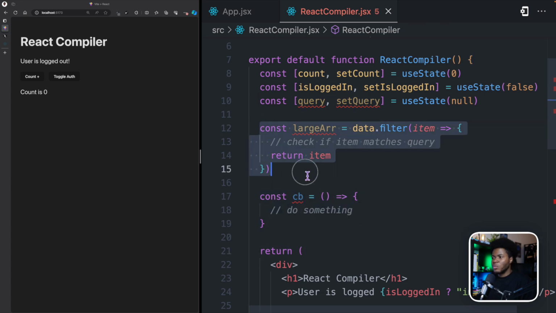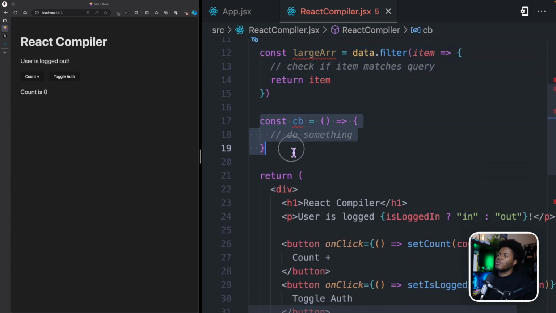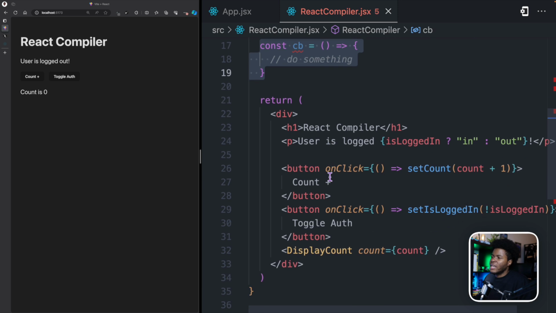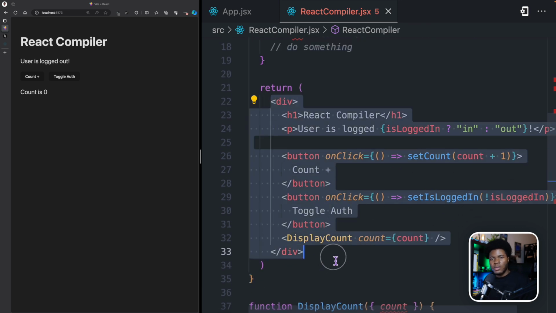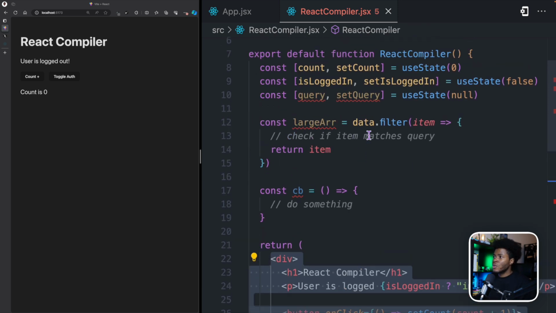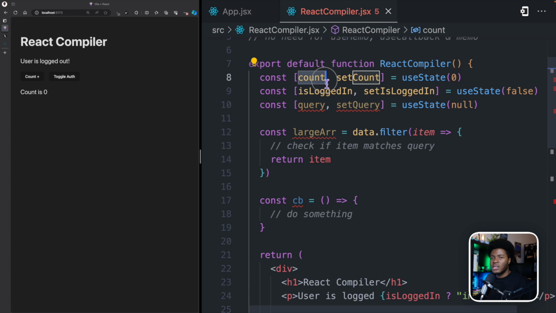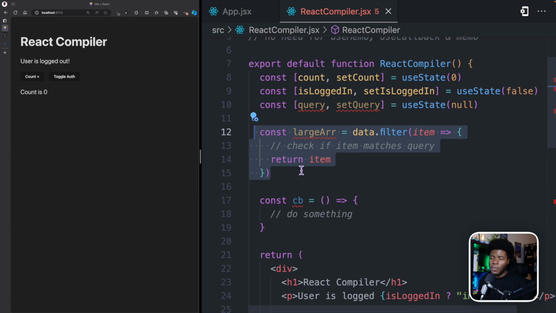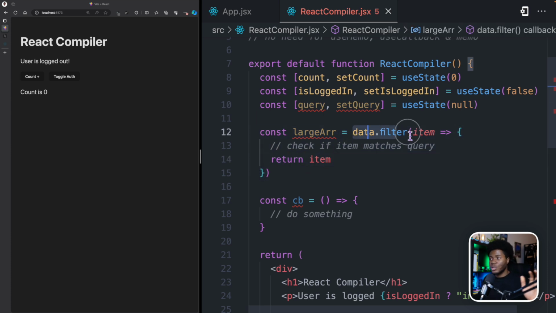So this array would be created again. This callback function will be defined again, and then we have a re-render on the DOM with the new state. So even when you change the count state, this array is still going to be run again. Now if this was a simple array, that wouldn't be a problem, but if you have to loop through a huge data which can be expensive to run, in that case you would want to optimize this, and an optimization